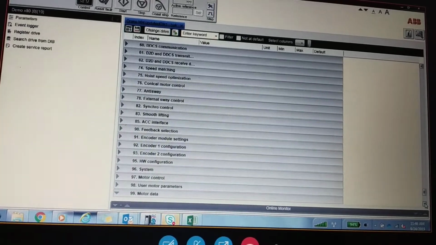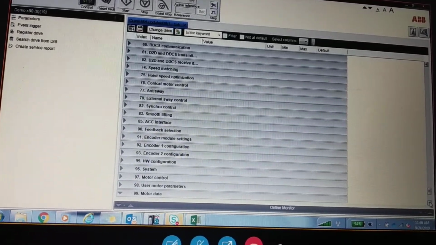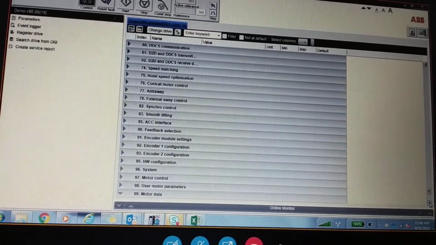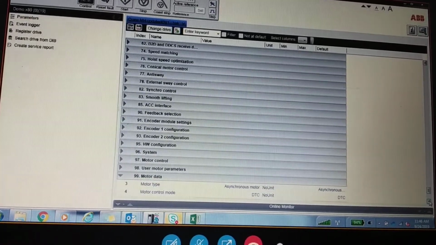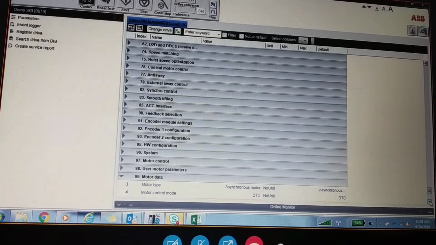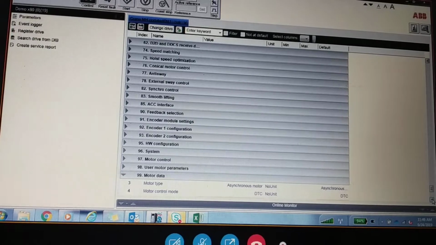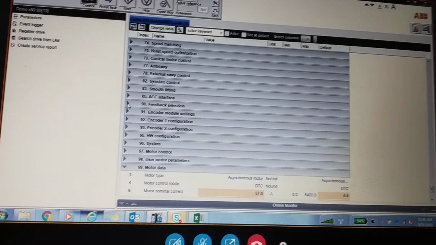Then coming down, module type FEN31, we are using FEN31, that is an HTL encoder. Then module location, by default it is slot 2, you can check if slot 1 is available, whatever you can select, not an issue.